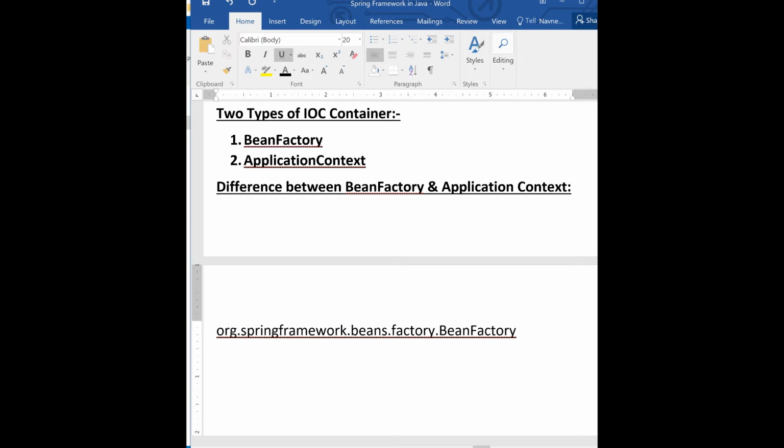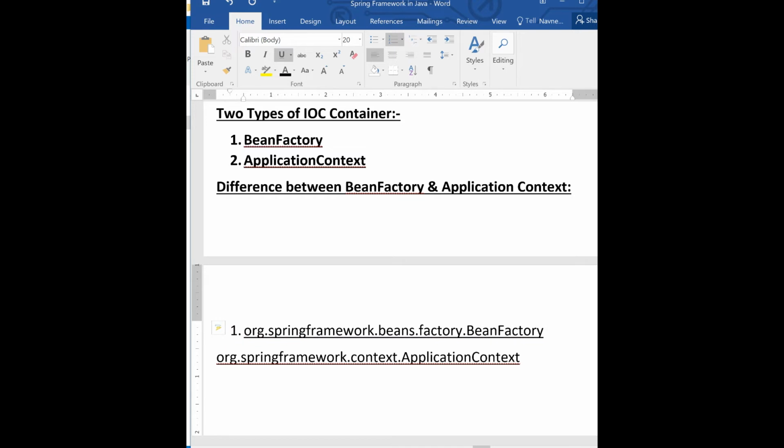The other one is the same, copied from here, but in the context package: org.springframework.context.ApplicationContext. We have two things, the first one and the second one. Remember these two.